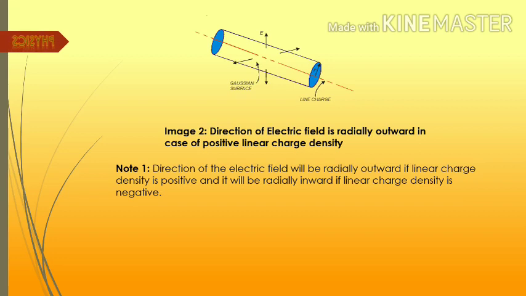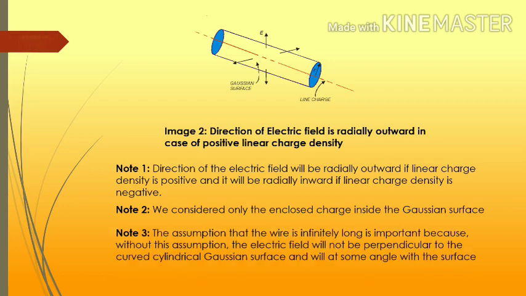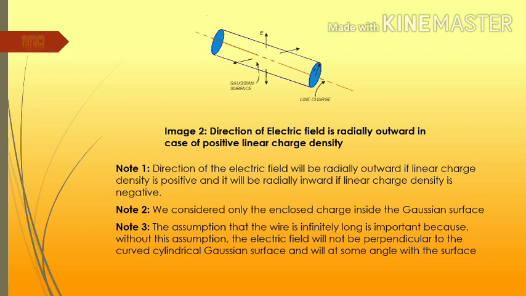Note 1: direction of the electric field will be radially outward if linear charge density is positive and will be radially inward if linear charge density is negative. Note 2: we consider only the enclosed charge inside the Gaussian surface. Note 3: the assumption that the wire is infinitely long is important, because without this assumption the electric field will not be perpendicular to the curved cylindrical Gaussian surface and will be at some angle with the surface. The next,